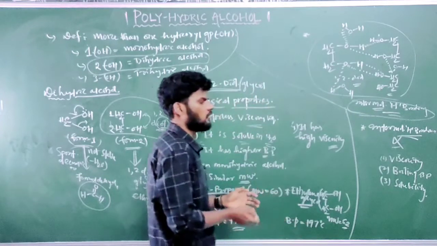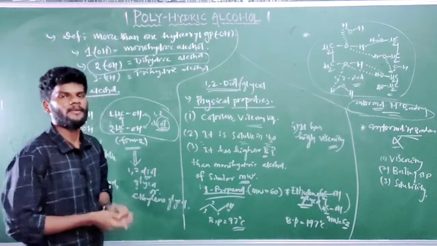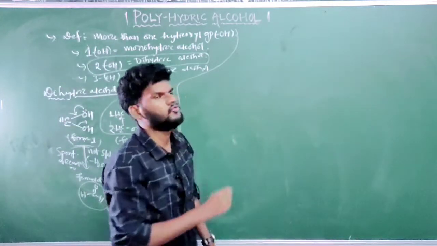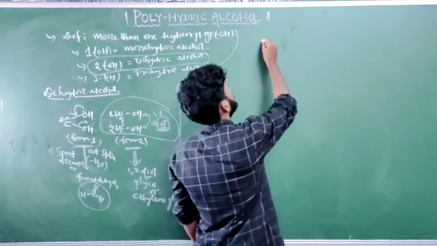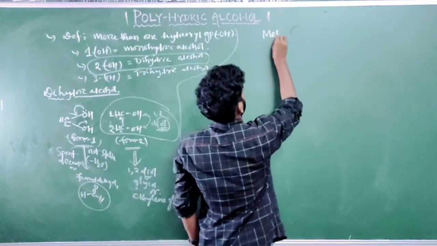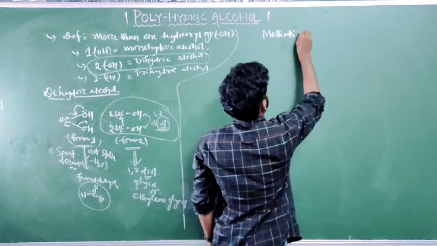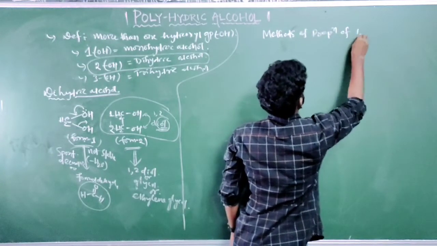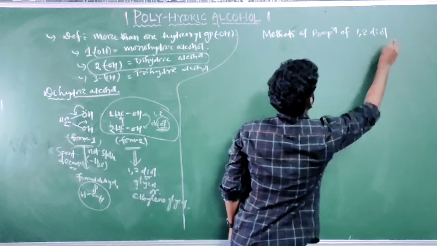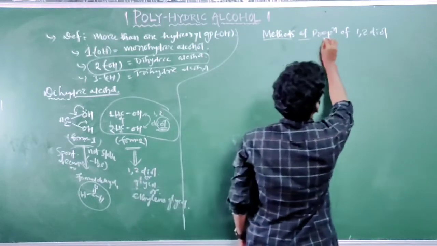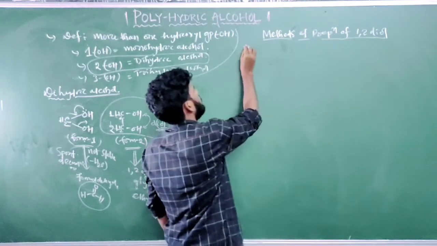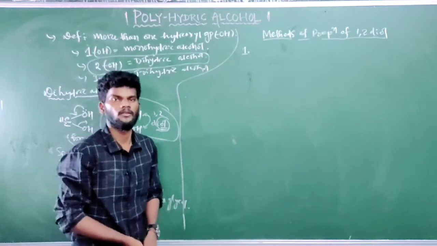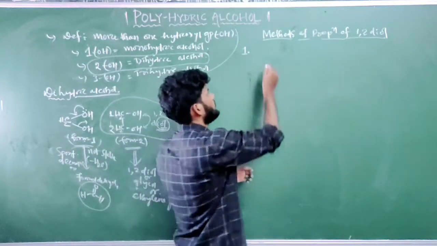Okay, so next comes its methods of preparation of 1,2-diol or glycol or ethylene glycol. Give the heading: methods of preparation of 1,2-diol. So the first method, or method number 1, for the synthesis of 1,2-diol or glycol,